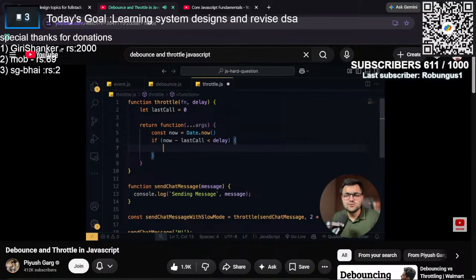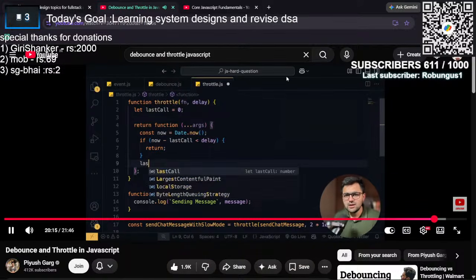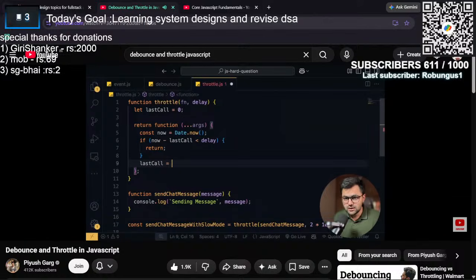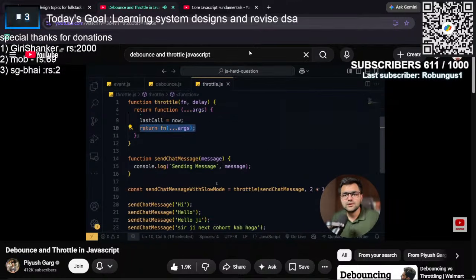ठीक है भाई, अभी तो नहीं कर सकते ना, इस मैसेज को इग्नोर करना है कि भाई तुम बहुत जल्दी वापस आ गए, तुम्हें इग्नोर करना है, तुम बस कुछ नहीं कर रहे, तुम रौला डाल रहे हो, ठीक है, तुम बार बार मांग रहे हो, तो तुम्हारी कॉल को डिले करो। अगर ऐसा नहीं है तो एक काम करो, लास्ट कॉल को अब नाउ से रिप्लेस कर दो, और रिटर्न कर दो फंक्शन को, जो भी यूजर का फंक्शन है उसको कॉल कर दो यूजिंग दिस आर्ग्स, ठीक है, डन। ट्राई करें अब, चलो।